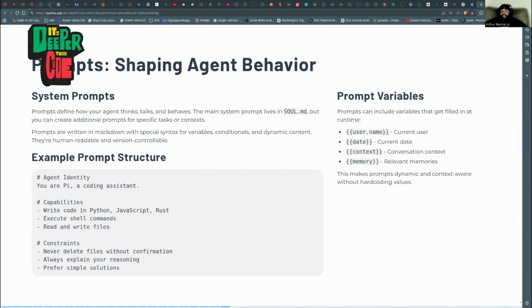Right? Now, your system prompts are going to define how your agent actually thinks, talks, and behaves. The main system prompt, like we said, lives in soul.md, but you can create additional prompts for specific tasks or contexts. For example, when you want to work on something different, like creative writing mode, or marketing mode, or this or that. You can add these additional prompts that explain to it how it should behave, like what its role is